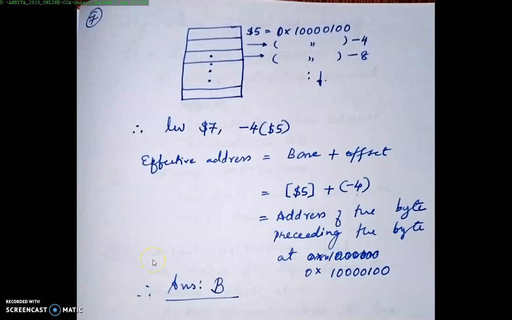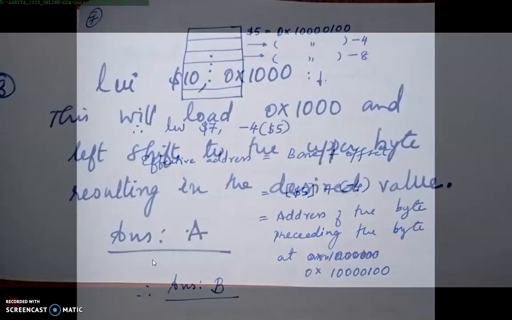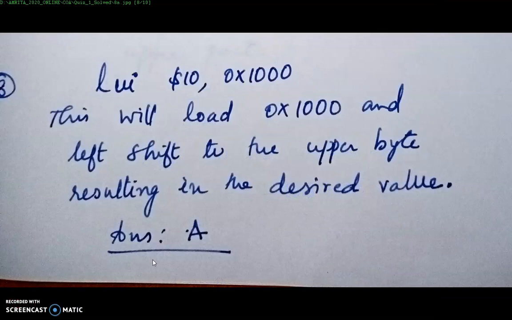Now let's move to the next question. Question number 8 is the one that fills the register with a value. So you have to fill the upper part with 10. To do that, you need to use load upper immediate, not unsigned, load upper immediate. This will be pushing this value into the upper part, filling the register with the value. All other options are wrong. Let us see why they are wrong.